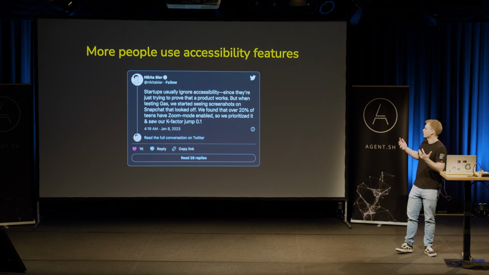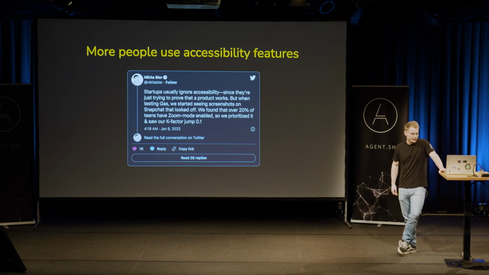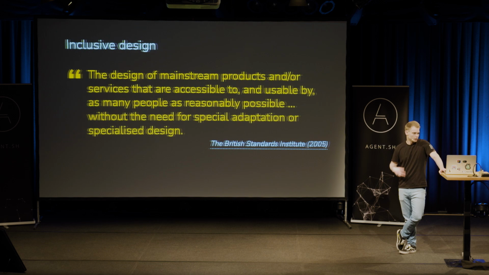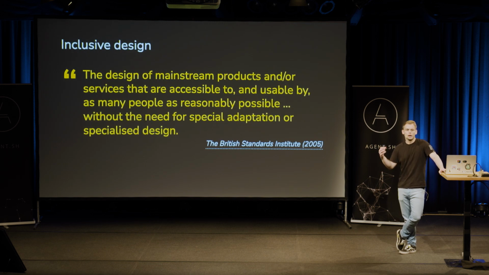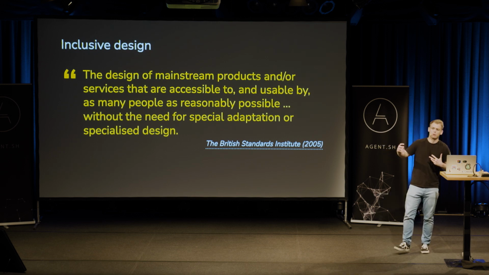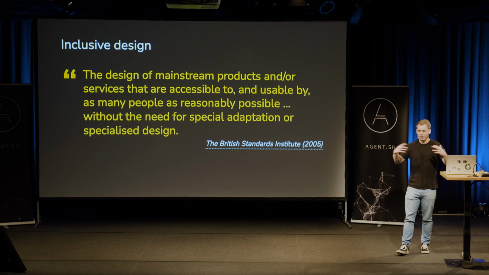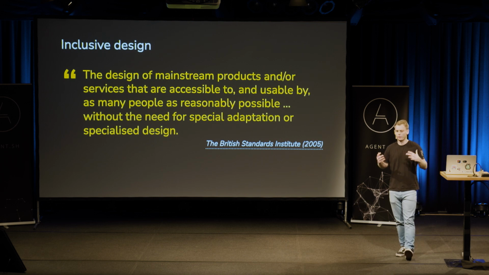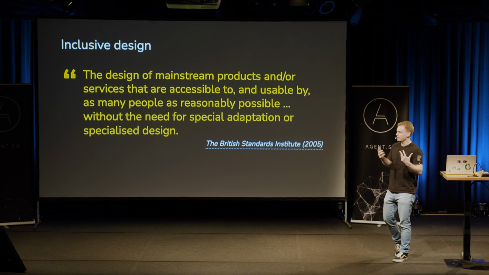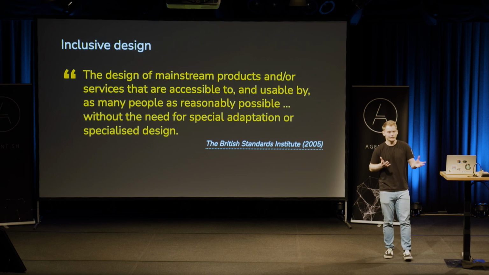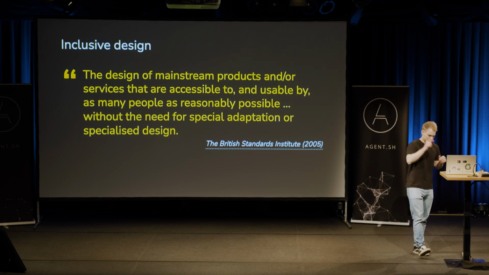So how do we actually design with accessibility in mind? Whenever we have the opportunity to start from scratch, to start something new, we can use inclusive design. And inclusive design means instead of designing a product and then figuring out how it might work for people with disabilities, we design a product that works for everyone, including people with disabilities. Now, I admit this is a bit vague and not really actionable advice, but I got you covered.